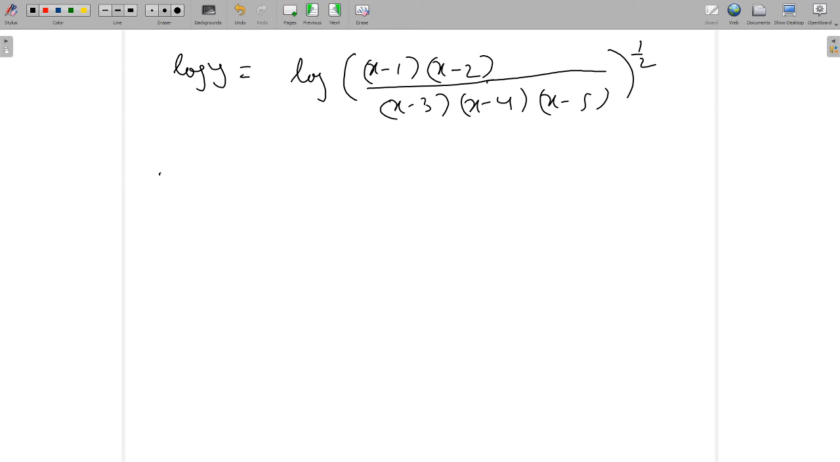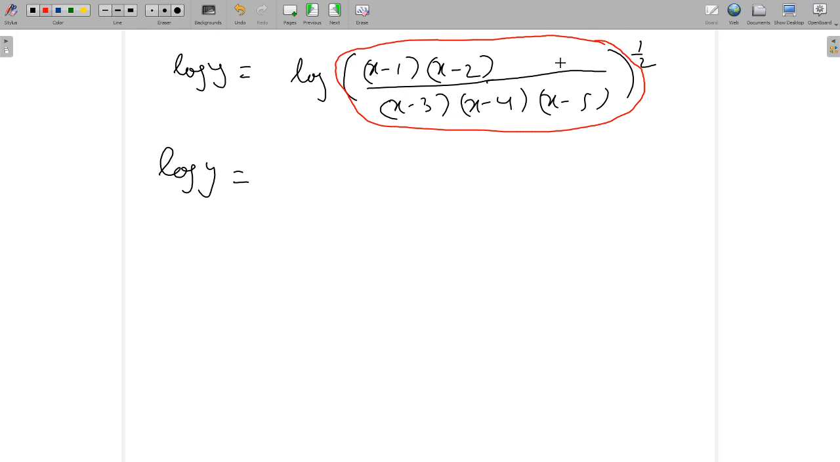So next step will be log y equal to, we know that log x raised to n is equal to n log x. So that is what we will apply here. This 1 by 2, because that is inside the logarithmic function, will come out of the logarithmic function. So we can rewrite this one as 1 by 2, and here